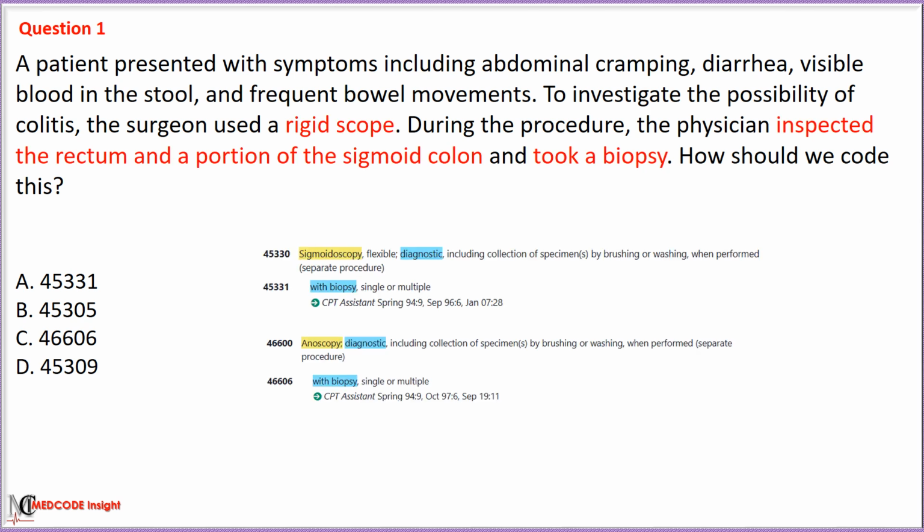In the given scenario, we eliminate options based on the type of the endoscope used and the type of the procedure performed, which depends on the actual extent of the examination. Since a rigid scope was used and the physician inspected the rectum and a portion of sigmoid colon, it indicates proctosigmoidoscopy was performed. First, we eliminate option A with code 45331 used for sigmoidoscopy as it involves a flexible